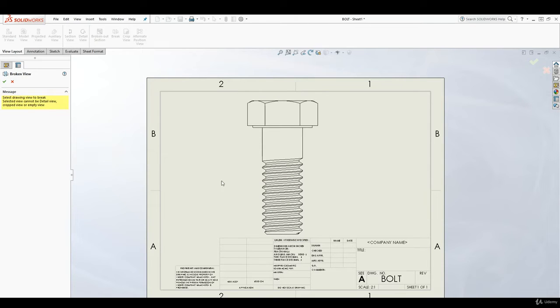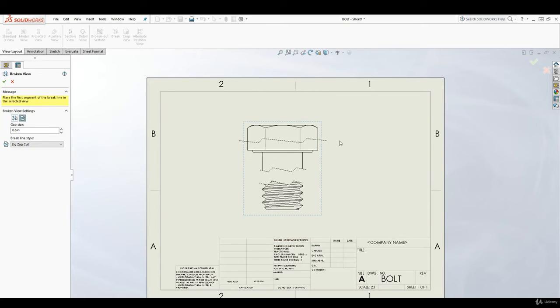So we'll click on the break and we'll select that view. It's asking you, do you want to break it vertically or horizontally? In this one we want to break it horizontally, so we'll select the horizontal. So we had our first break line and we had our second break line over here. What it does is it breaks that view by whatever dimension we put here. So we can do 0.25. So the space between those two lines is going to be 0.25, and it breaks that view just to